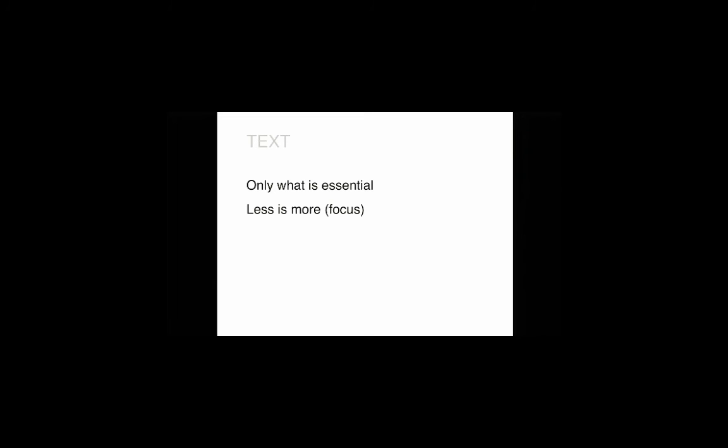So talking about text, you should only put in there what's absolutely essential. Less is more. You want to focus people. Adriana and Julianne just talked about this too. In a site like this,